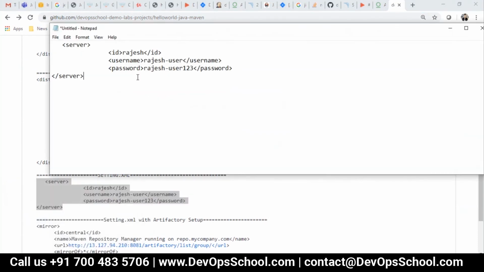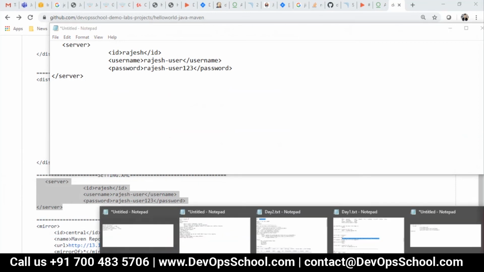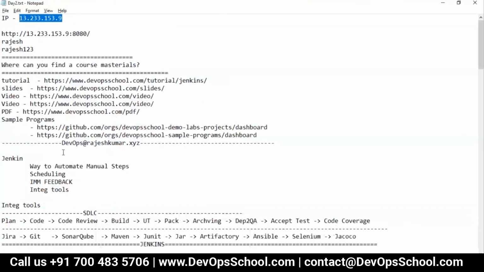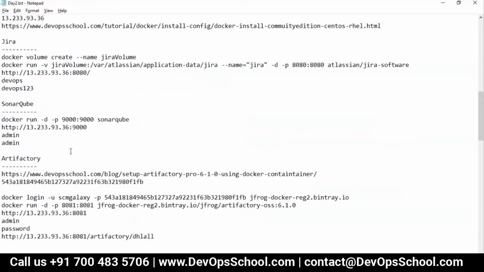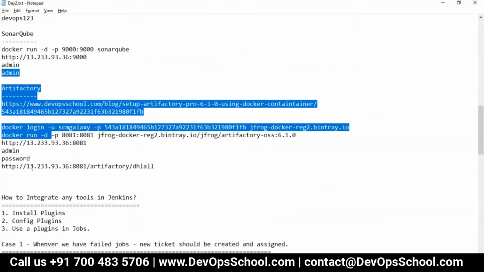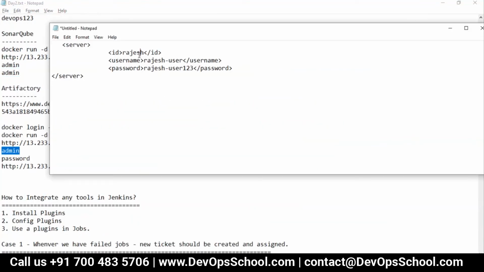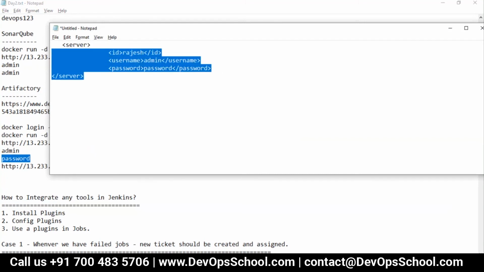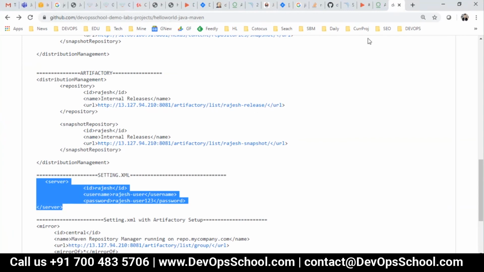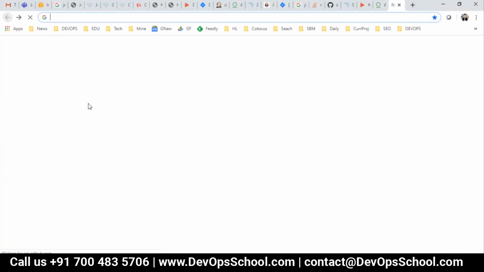So how to work with Jenkins, I am teaching you the approach you will follow. Now what is the username of my Artifactory? The Artifactory username is admin, and the password, admin. Here, one more thing.